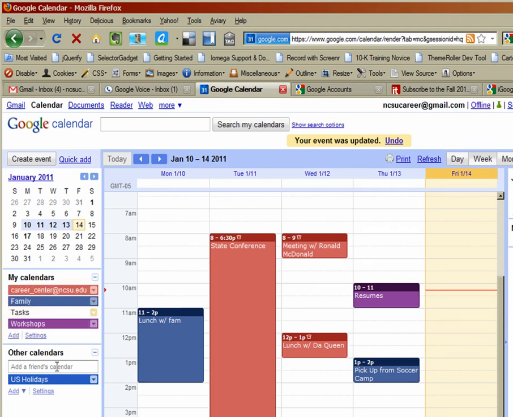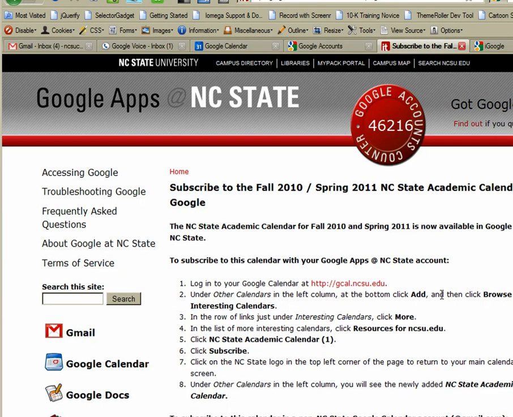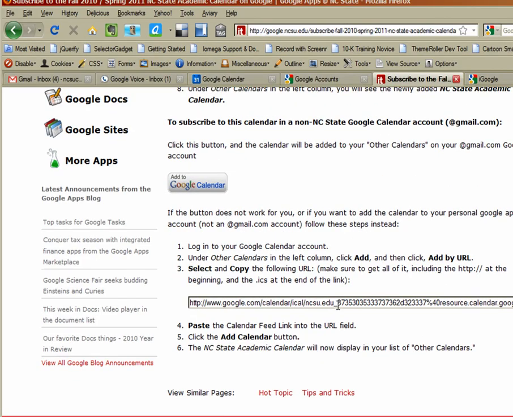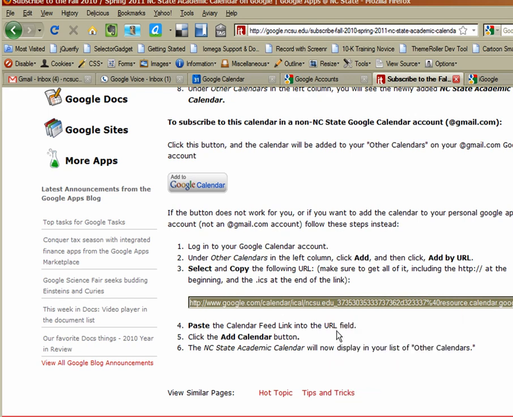Now the other cool thing is that you can add other calendars. You saw the sharing calendar aspect, but you can add other calendars. And Google puts a holiday calendar here for you. But you can add the university calendar, which I think is great. The university has a calendar, academic calendar. So if you double click here and find their URL,